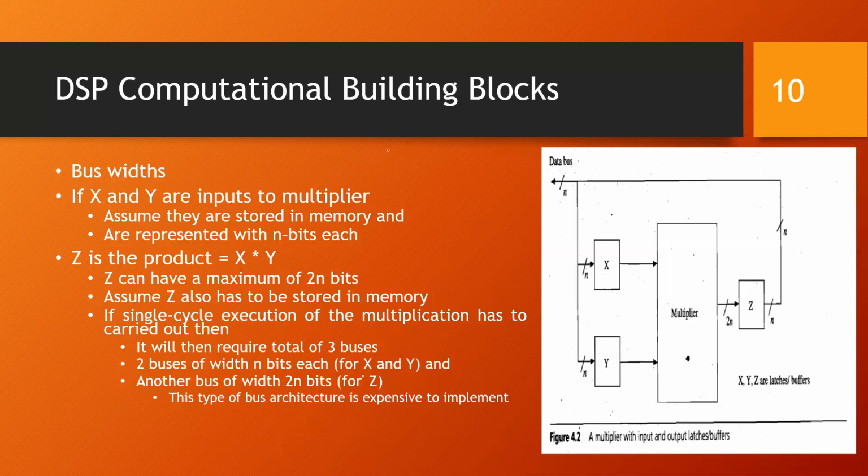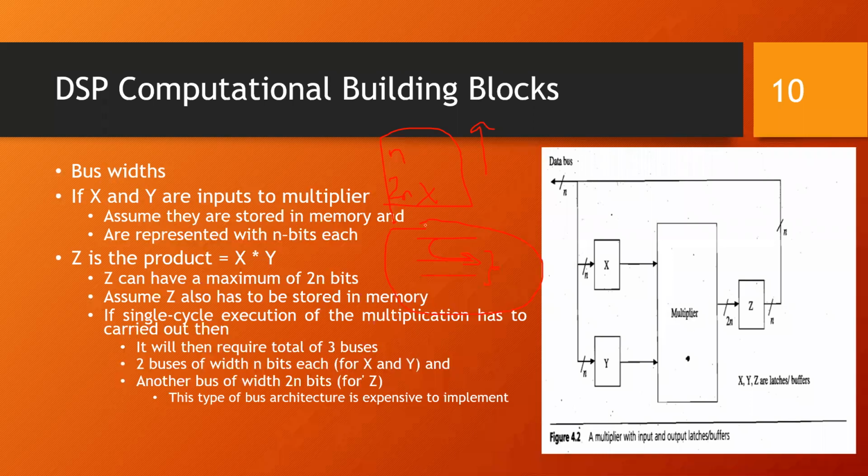That is, I provide buses of n bits and 2n bits, but this is not feasible. It is increasing the cost. So what is the alternative? Use program bus and data bus. If the program bus is idle, you go and fetch the operand. So here the program bus itself is acting as one of the data buses. So this is the alternate option.